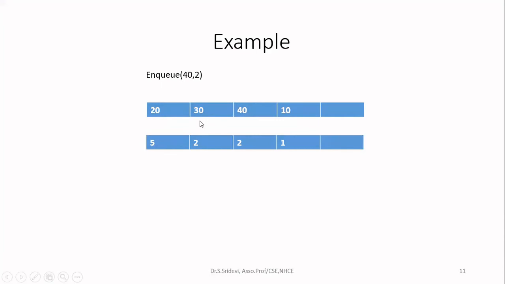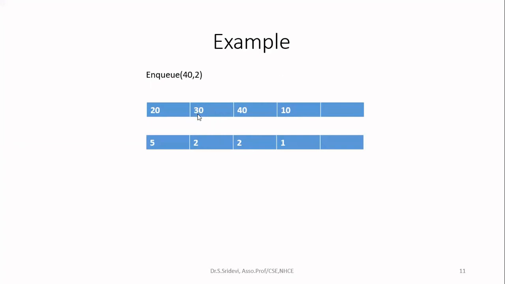Since it is already present in the queue, that should be served first. You are having two elements with the same priority. So the new element should be inserted only after the existing element. Because both priorities are same, that number is waiting for a long time in the queue. So that should be served first. So this is called FIFO order. When you have two elements with the same priority, while you are inserting the elements, you please check in which order you put the elements in the queue.